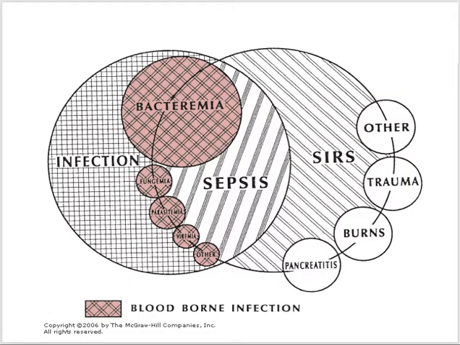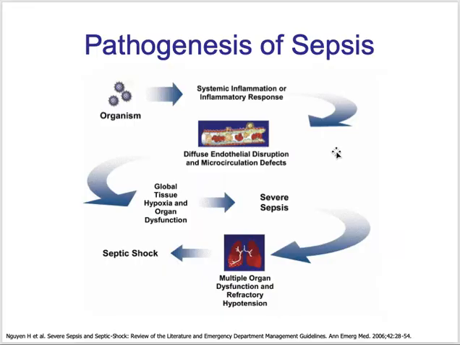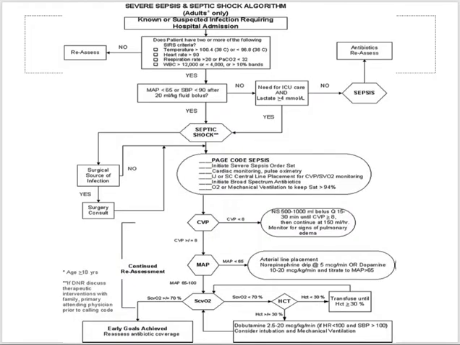So this thing, of course, I'm going to discuss in the coming lectures, like we will study SIRS and MODS in great detail. So you can see the organism causes a systemic inflammatory response, and there is damage to the endothelial cells, and because of that endotoxin is released, they damage that, and global tissue hypoxia can occur. Okay, so